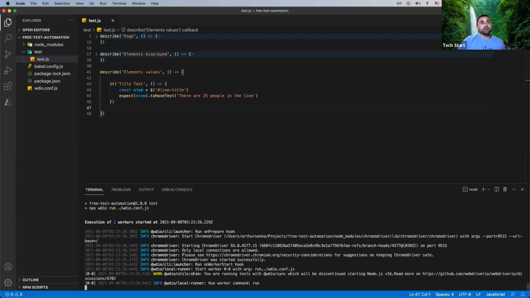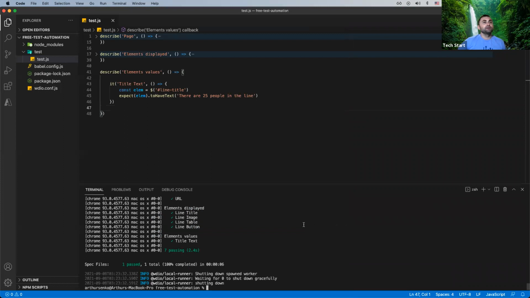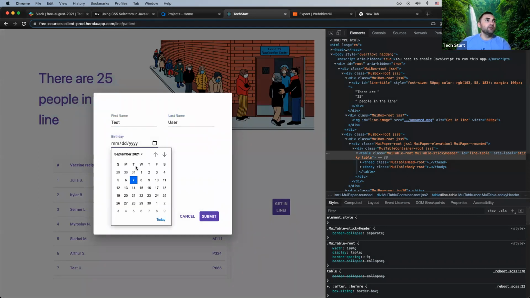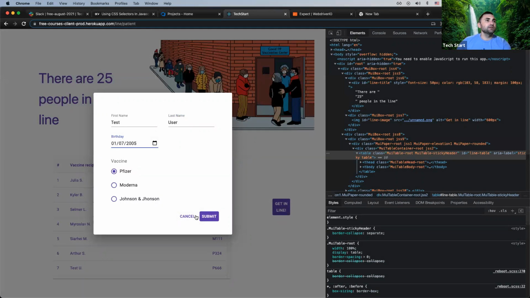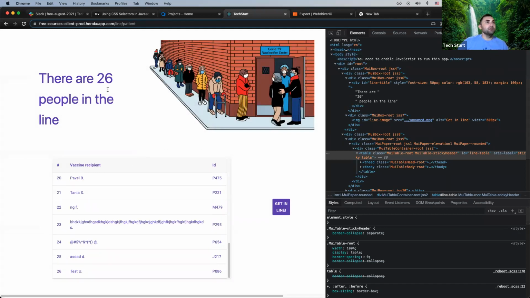And just let's manually add 1 person and see if it will start failing, because this is what's going to happen. Yes, so right now it's matching, so it's passing. But once you add 1 more person, test user, date of birth, anything, like this, okay, Pfizer, submit, close. Okay, got it. So right now we have 26, and let's run our test again,